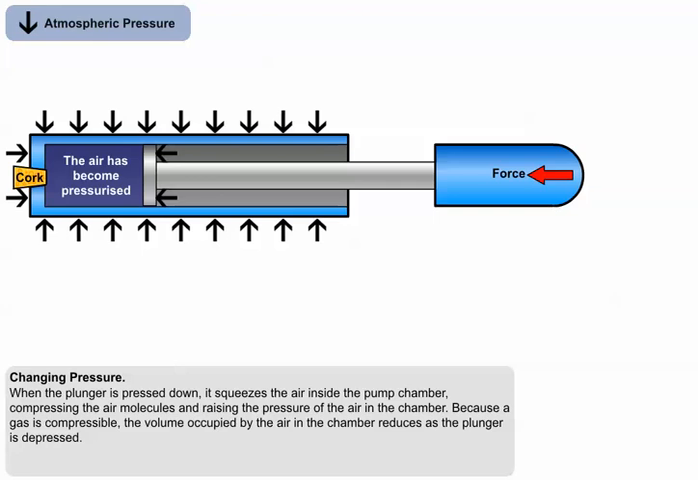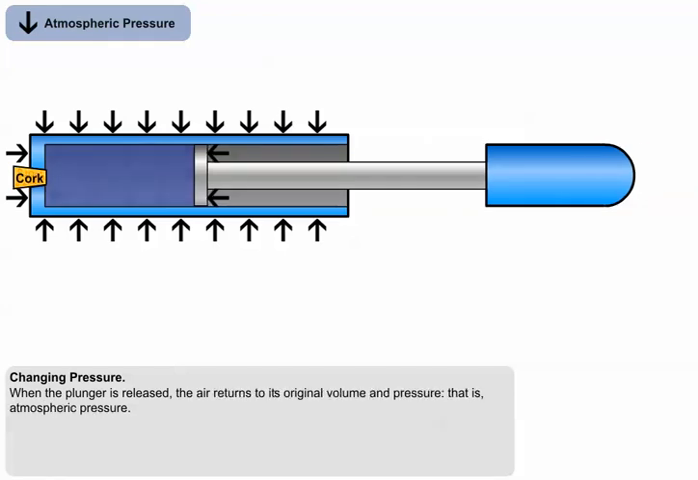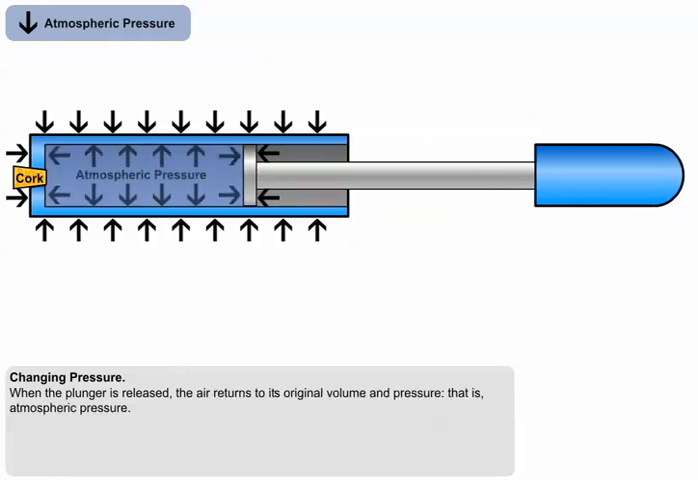Then, when the plunger is released, only atmospheric pressure is now acting on the outside of the plunger piston, the force used to depress the piston having been removed. The pressure of the air inside the pump chamber is now, however, higher than atmospheric. The air in the chamber is therefore applying a greater force to the piston of the plunger than the atmospheric air on the other side of the piston. So when the plunger is released, the air in the pump chamber returns to its original volume and pressure,